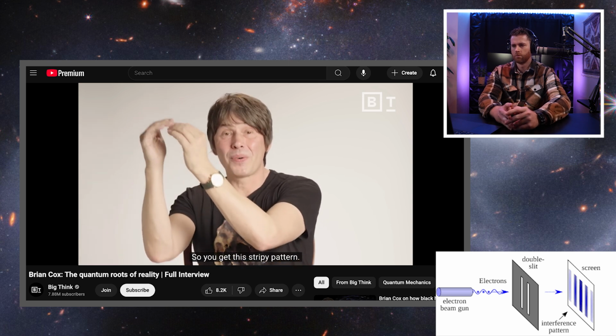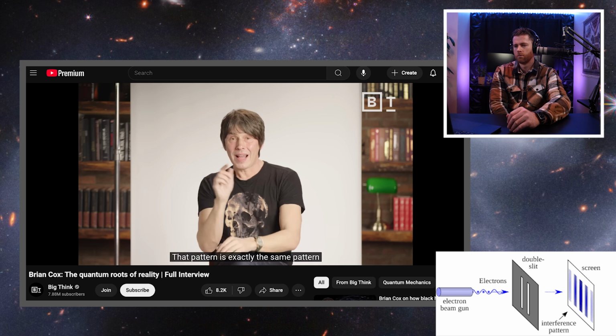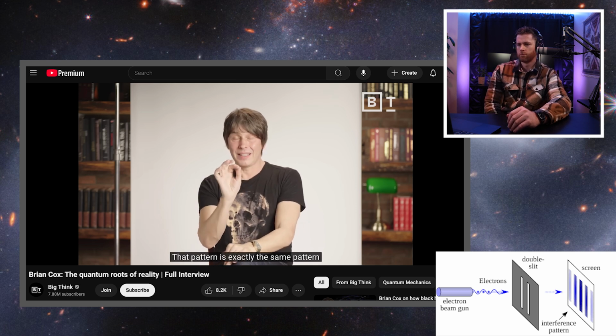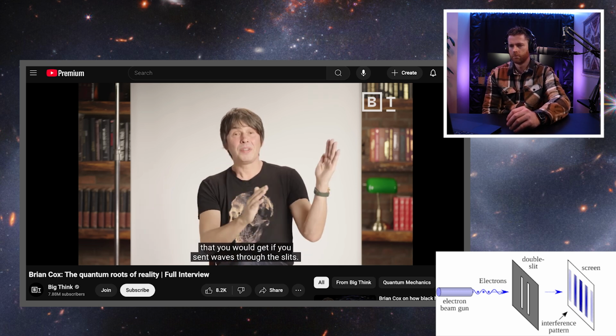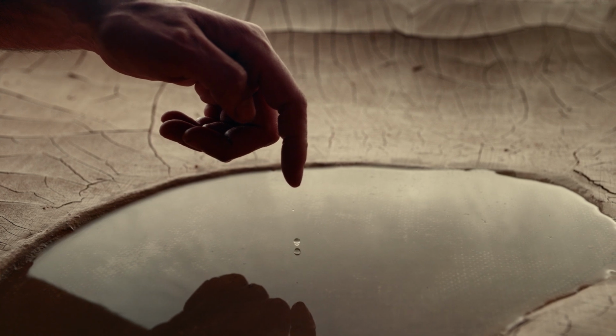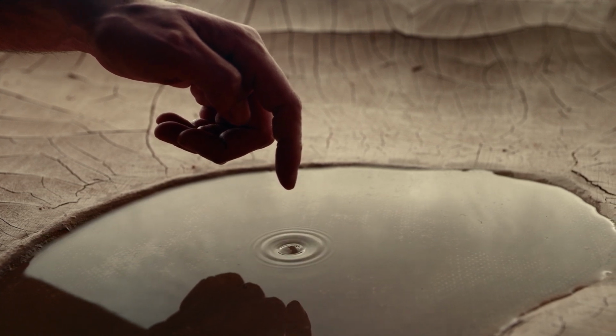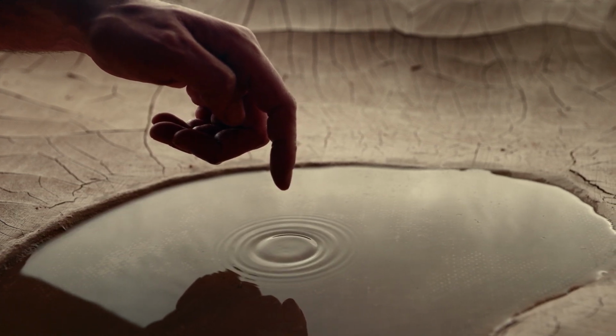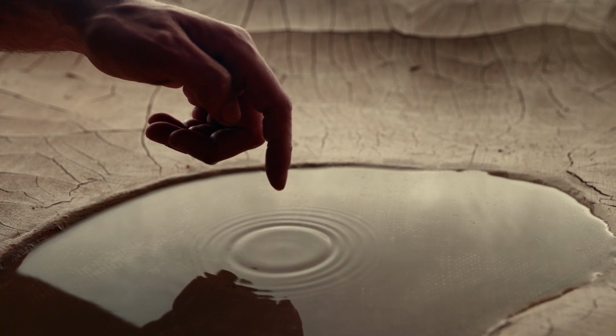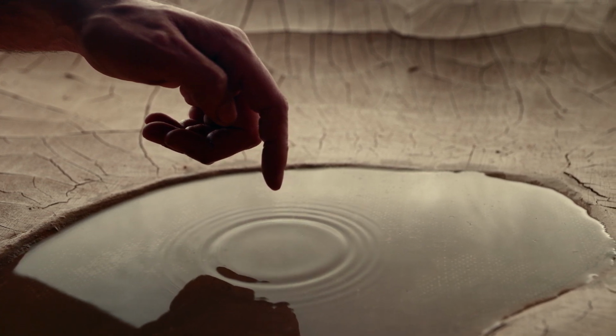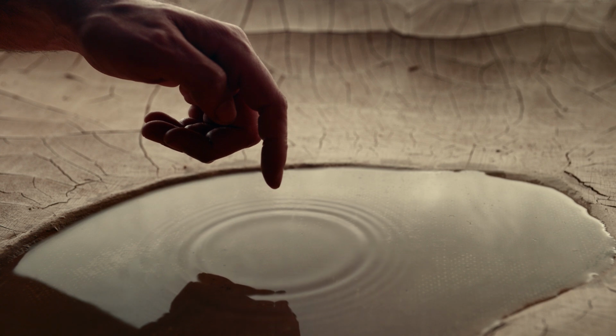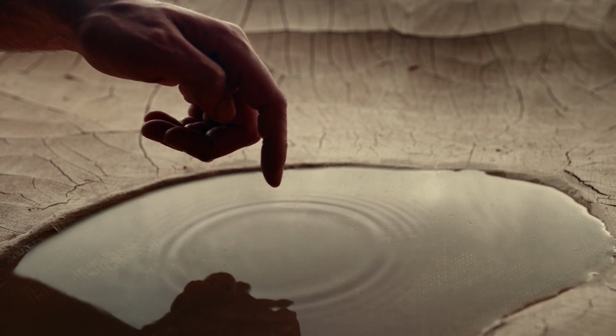So you get this stripy pattern. That pattern is exactly the same pattern that you would get if you sent waves through the slits. Let's say water waves, any kind of waves. Then it's easy to understand. Because what's happening then, and physicists knew this back in the 1700s, is that you can consider each slit